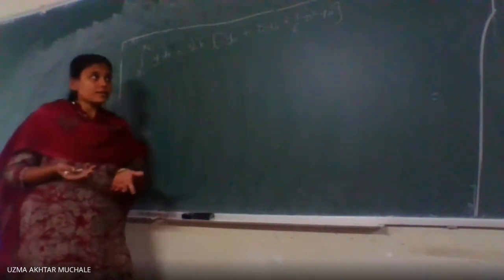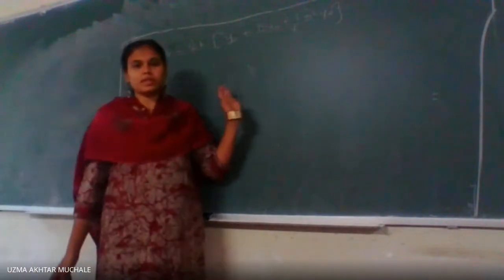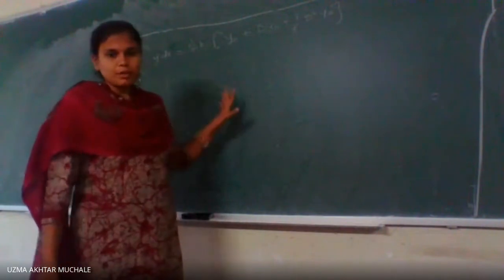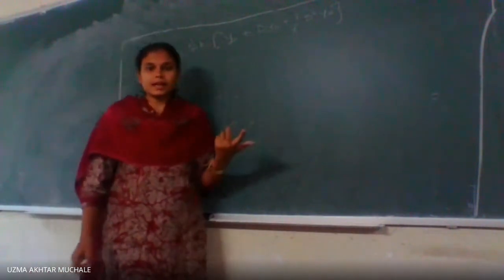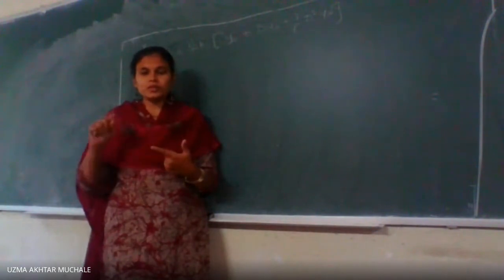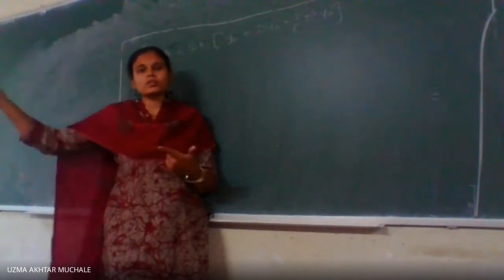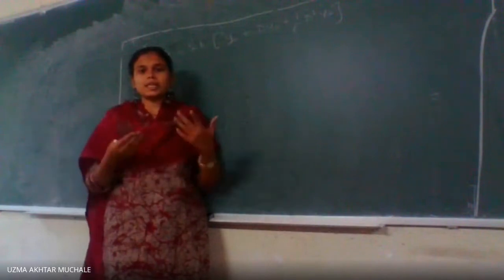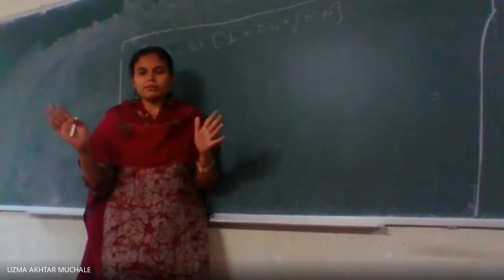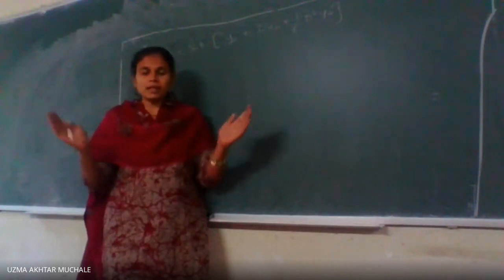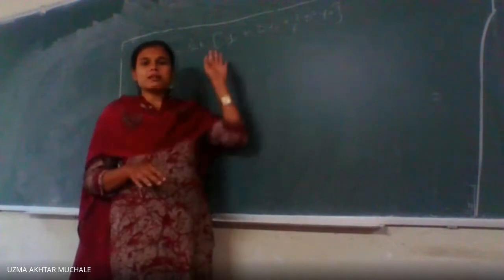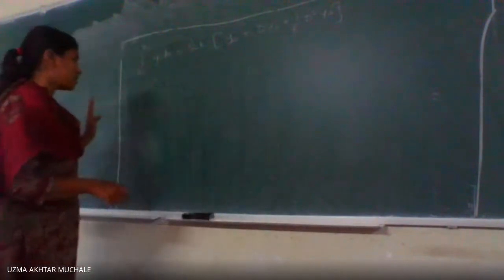What curve is given to us? y is equal to some function f of x, which you have to plot. After plotting, join the n straight lines: join x0 y0 to x1 y1, join x1 y1 to x2 y2, and so on. Combining all those n straight lines, you will get n trapeziums. Add all those trapeziums and you will get the area under the curve. That is nothing but finding the integration using trapeziums.